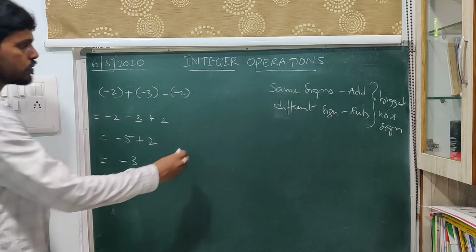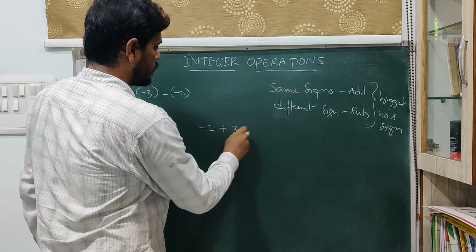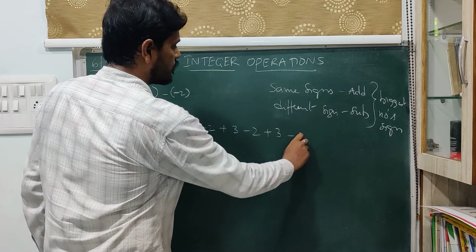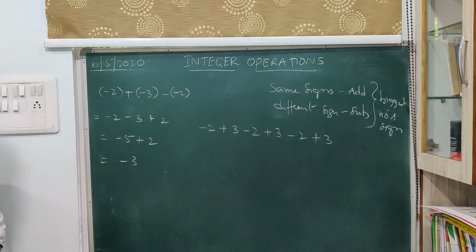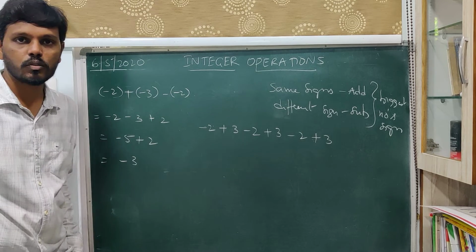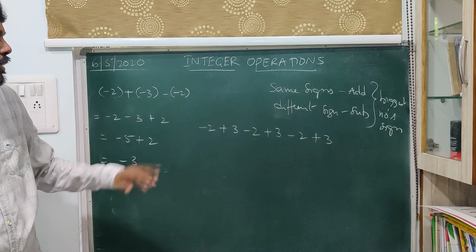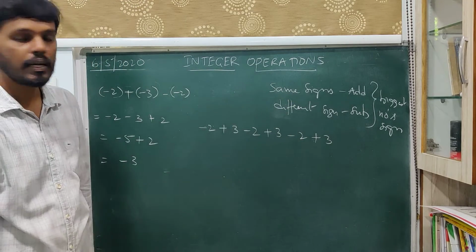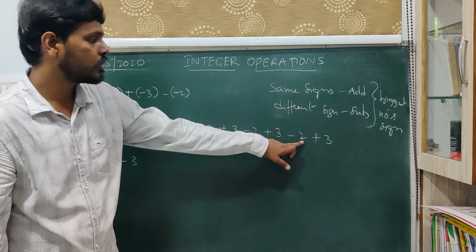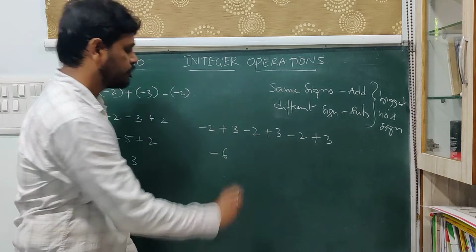So this is the way we go about. Now we extend the same process. For suppose say minus 2 plus 3 minus 2 plus 3 minus 2 plus 3. Suppose you need to simplify this. Here there is no multiplication at all, so we straight away get into this rule. The rule says whenever you have numbers of same signs, you will add. Now identify the numbers of same signs. Add 2 plus 2, 4, 4 plus 2 is 6. Now there is no question of a biggest number, so you will keep the same sign.